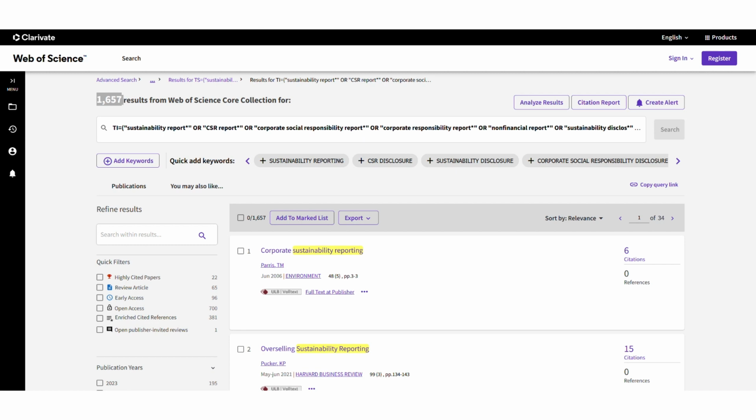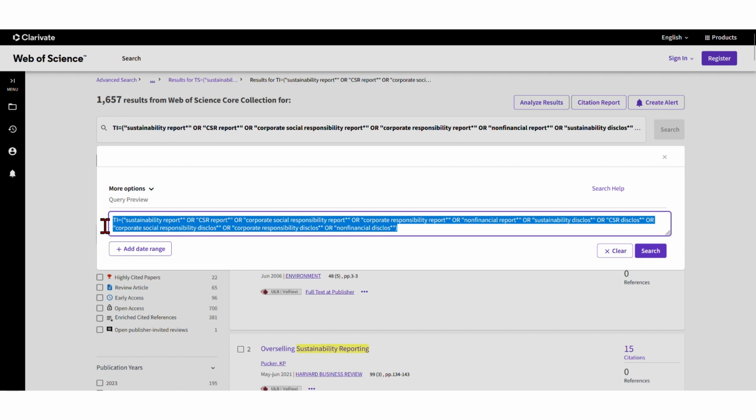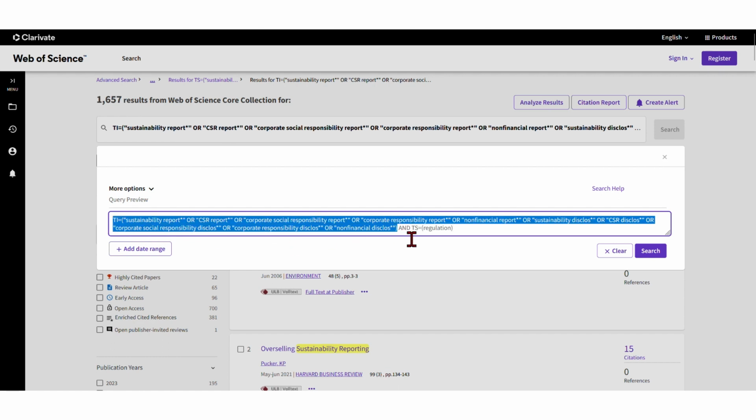Okay, but then again, it might be that you want to be even more specific in what you can find here, and then you can basically combine different types of searches. I'm going to show you what I did here. This first part is still identical to what I had before. So that was all about the title search here,